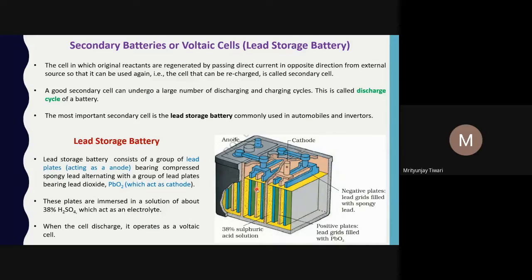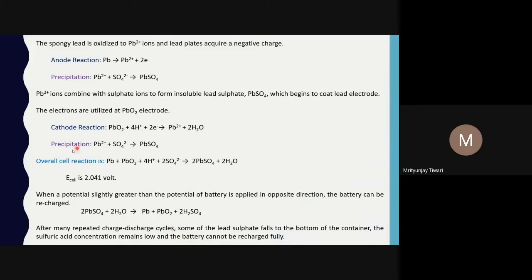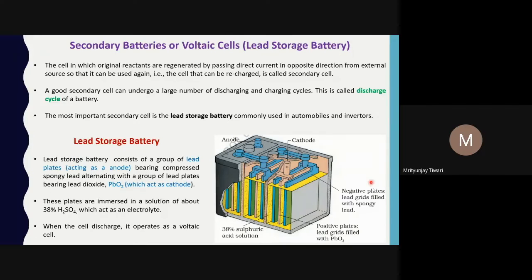So alternatingly we use these things. These plates are immersed in a solution of about 38% sulfuric acid, which acts as an electrolyte. When the cell discharges, it operates as a voltaic cell, and this is what we know. The spongy lead is oxidized to lead 2 plus ions, and the lead plates acquire a negative charge. That is why these are the negative plates, as it is written here: the plate lead grids filled with the spongy lead,